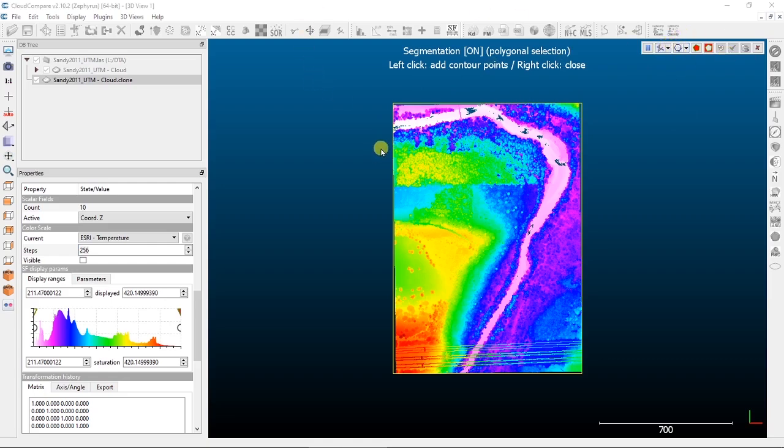And then what you want to do is left click on points to describe a polygon that you're going to want to cut out or cut in. And we'll talk about the difference between those in just a second. So in